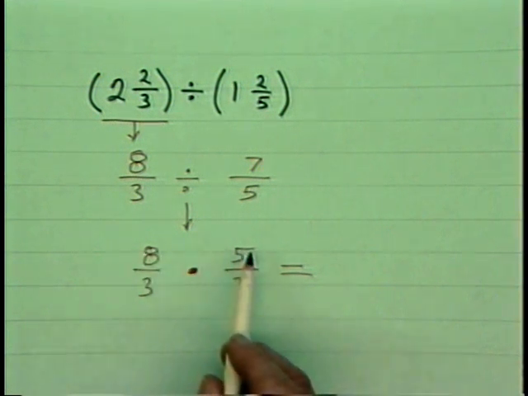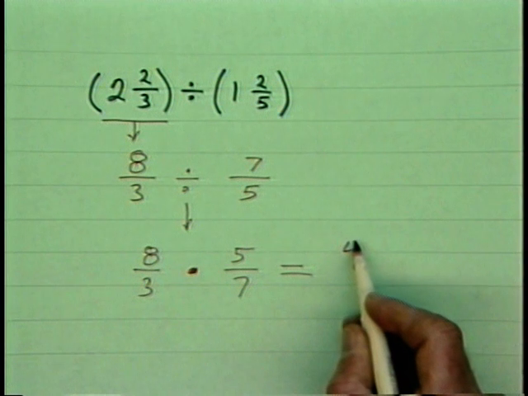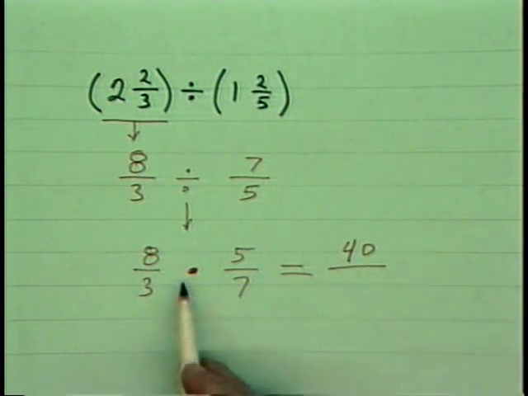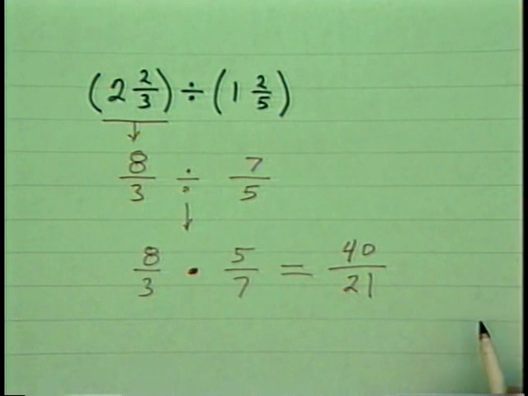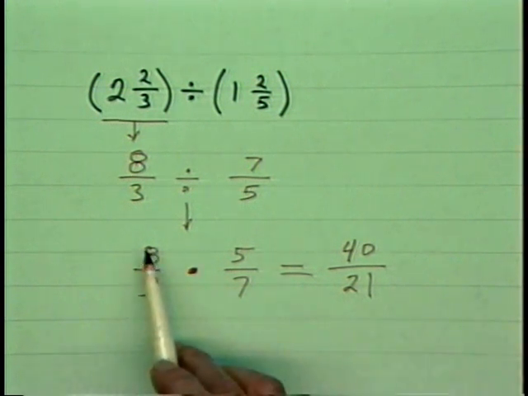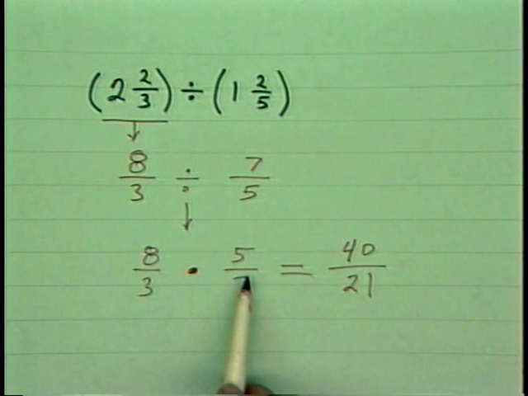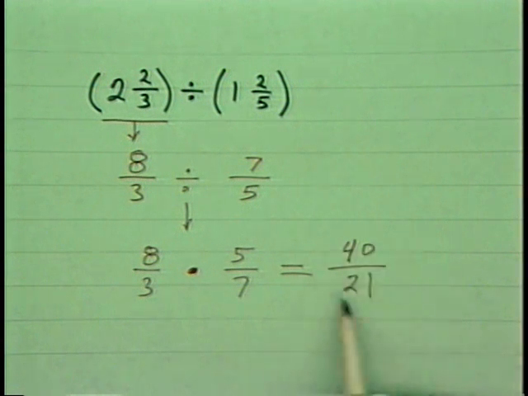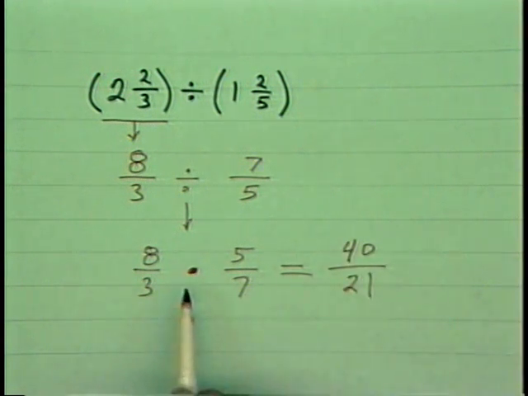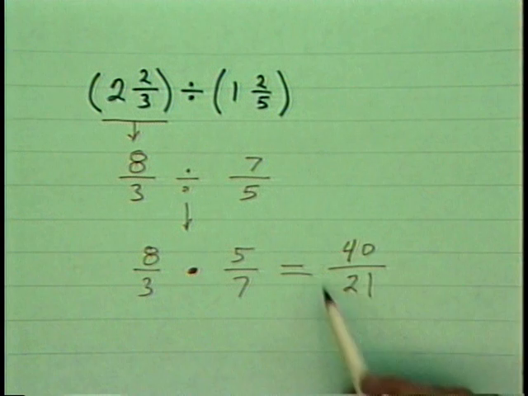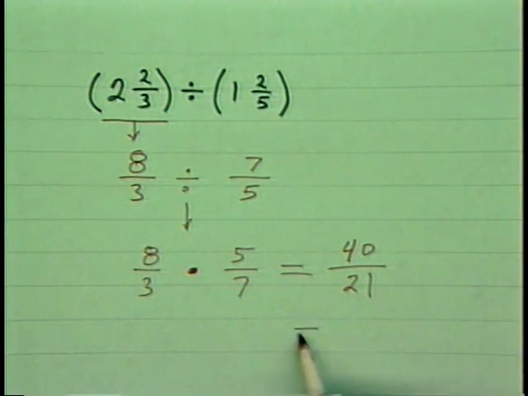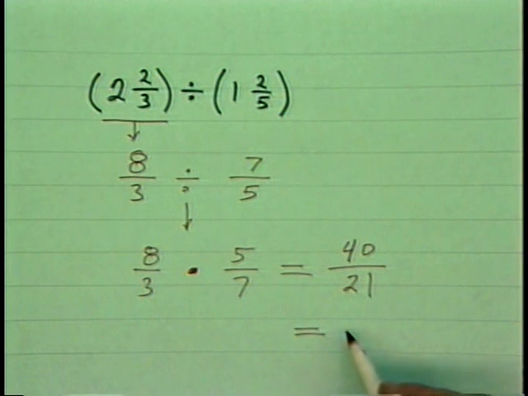Then multiply the old tops to get the new top, and the old bottoms to get the new bottom, or using more precise terminology, multiplying the numerators of the factors to get the numerator of the product, then multiplying the denominators of the factors to get the denominator of the product,